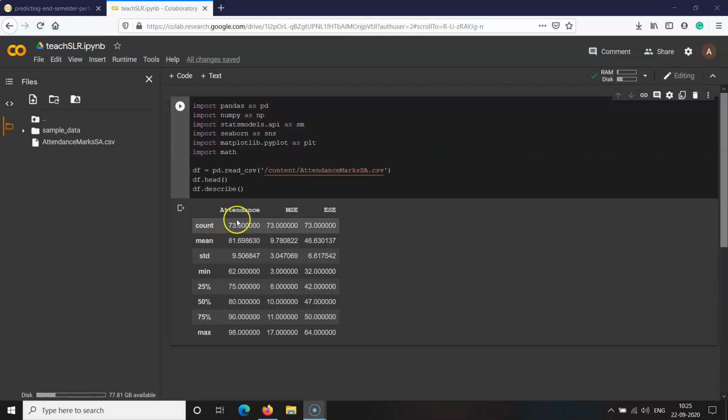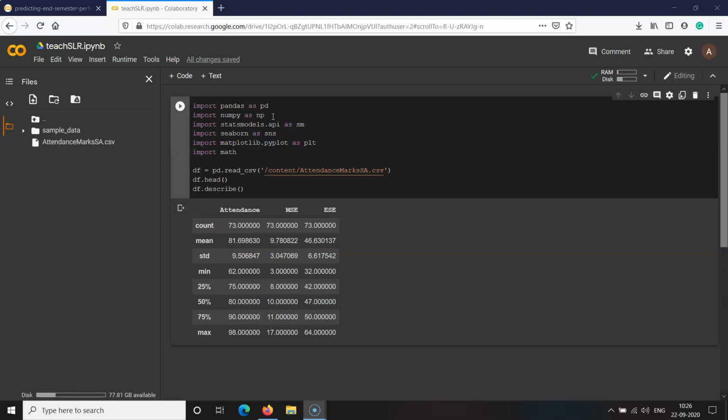Like usual, I have already uploaded my data set, which is present in this file attendance mark sa.csv, and here I have imported the modules that are regularly needed to process the data. Those modules are pandas, NumPy, Seaborn and Matplotlib for data visualization.